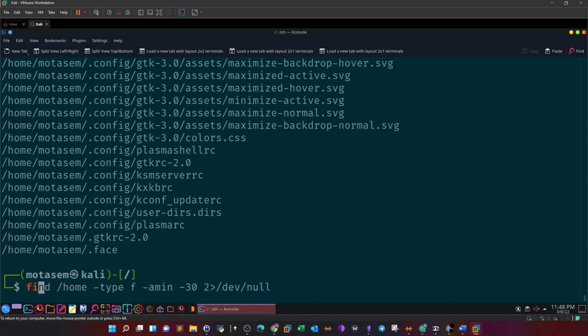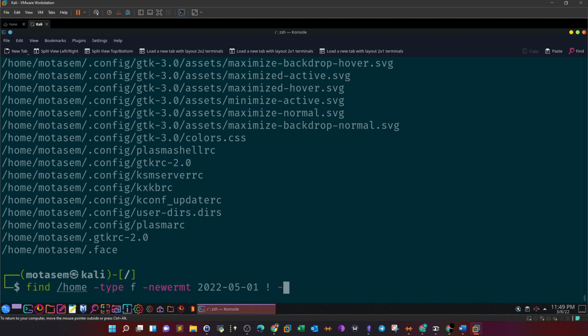For example, find /home -type f, dash newer, we use newermt here. So here we're looking for a specific date, for example 2022, 05 March, and 01,